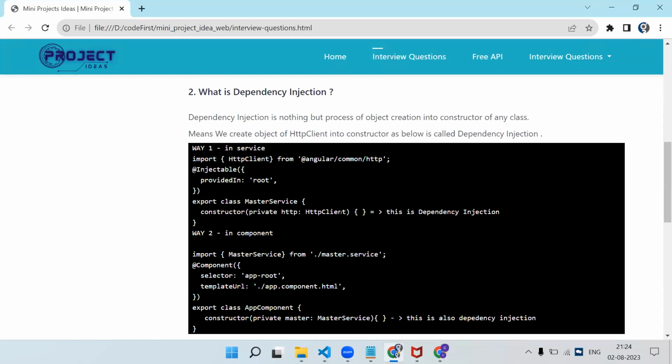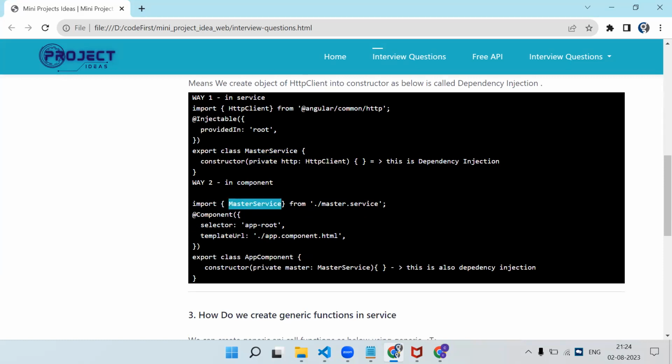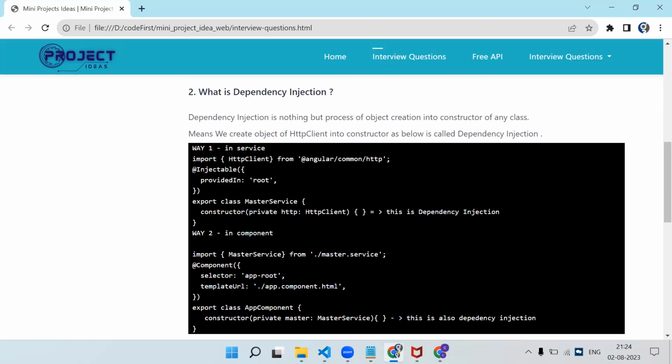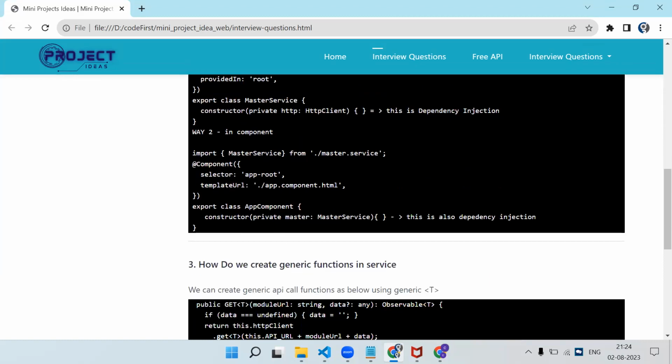This is just a generalized definition, because what we are doing over here, we are just creating an object of this service, right? If you can see in master service, in constructor, what we are doing, this is just an object creation. Same like this is master service in component. We are just creating an object. Now, dependency injection is a framework by which we can provide dependencies that a particular class needs. Means what are the dependencies we are going to need for this app component, that we can register into the constructor.